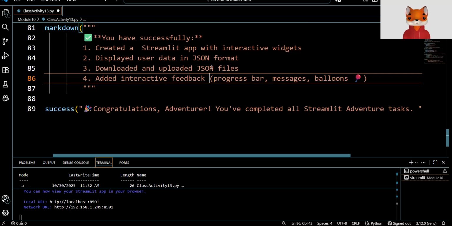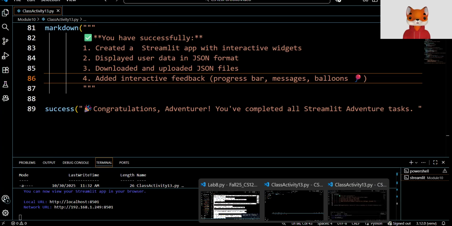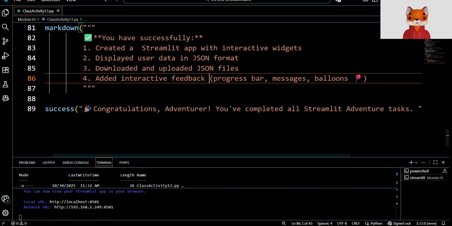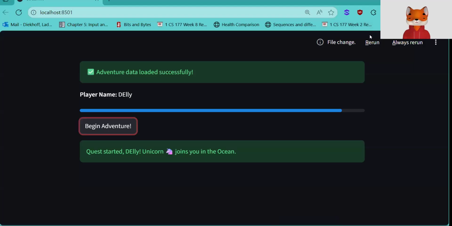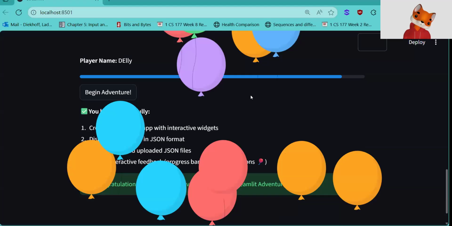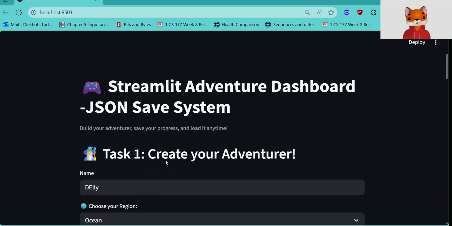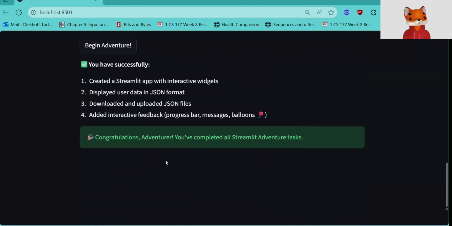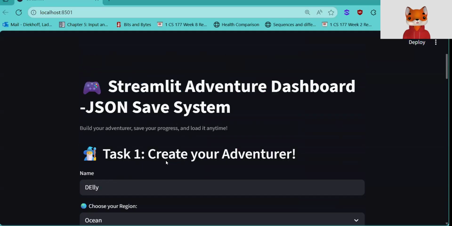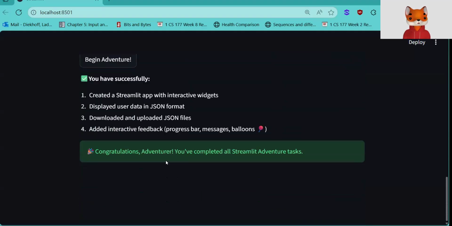Struggle bus. Okay. Now we're going to go ahead and go to class activity 13, or the actual Streamlit, and we're going to run it. And now we've seen all that we have completed here. This is everything that you've done today in this activity. Great job, you've ended, and we're done. So this is what you should have at the very end of your class activity 13,